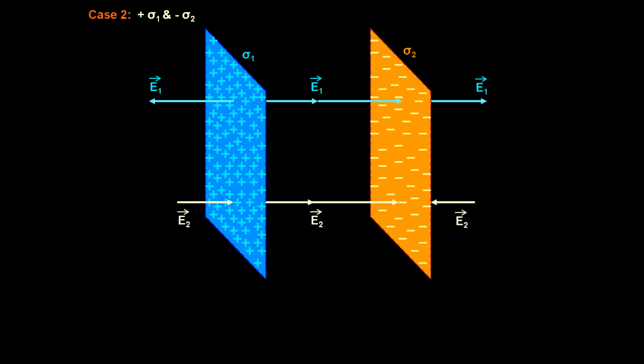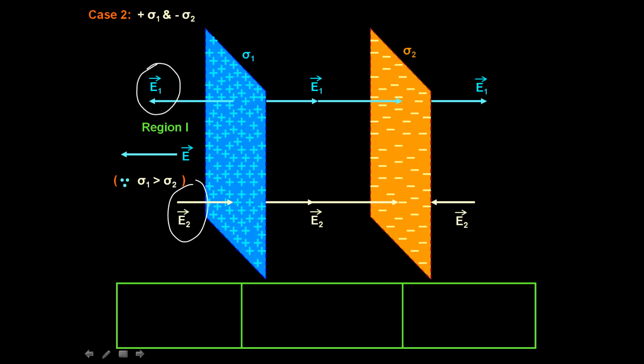Here also we can find out net electric field in three of the regions. Consider region 1. Here, as you can see, there are two vectors, but what is the speciality of these two vectors? They are acting in the opposite direction. So net electric field has to be the difference between the two. We have to take bigger one minus smaller one. Bigger one will be sigma 1 by 2 epsilon 0 minus sigma 2 by 2 epsilon 0. Hope it is very, very clear to all of you, right?